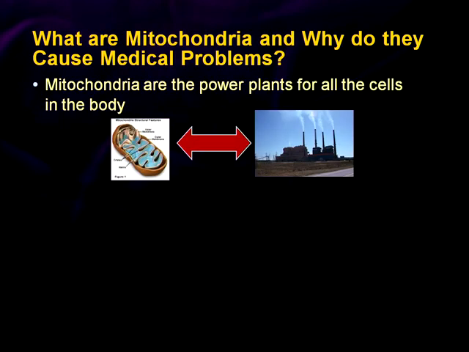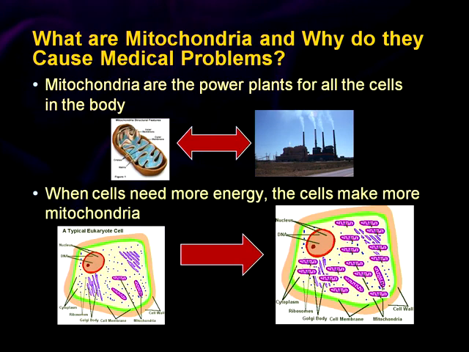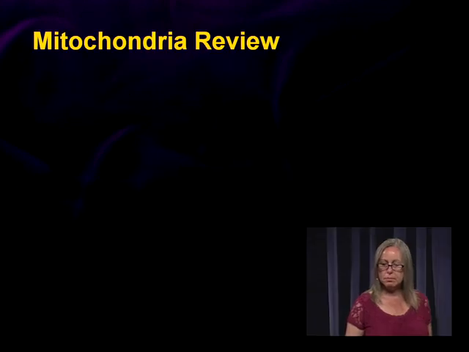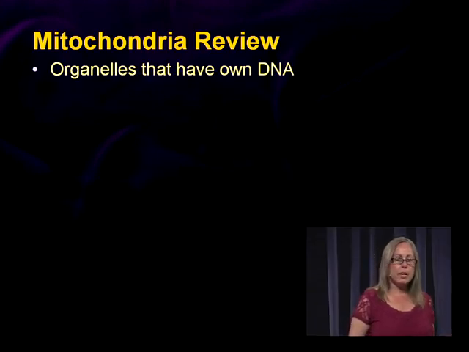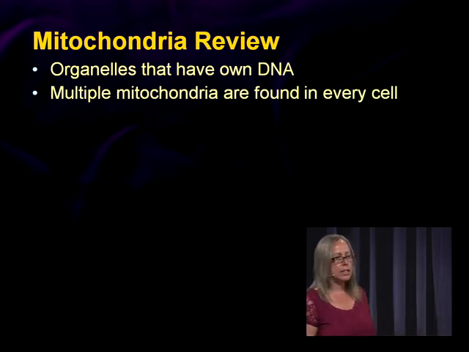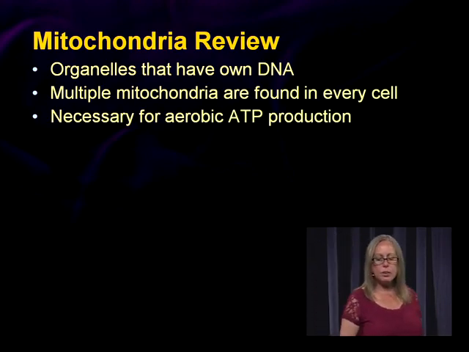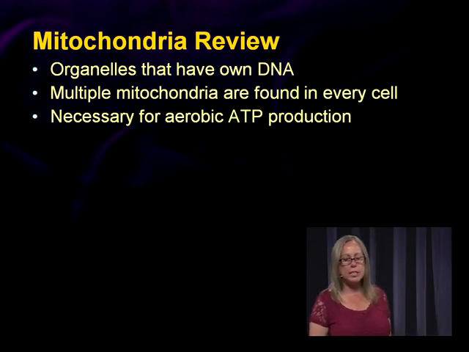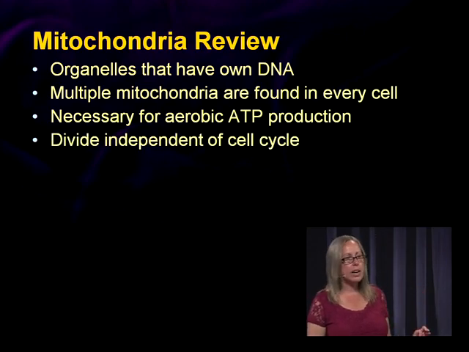The mitochondria, remember, are the power plants for all of our cells in the body. It's where all of the compounds come to so we can burn it and create energy. When your cell needs more energy, the cells make more mitochondria. Remember that the mitochondria have their own DNA. It's a little piece of circular DNA which is autonomous from ours. There are multiple mitochondria in every cell, and they're necessary for aerobic ATP production, and they divide independently of our